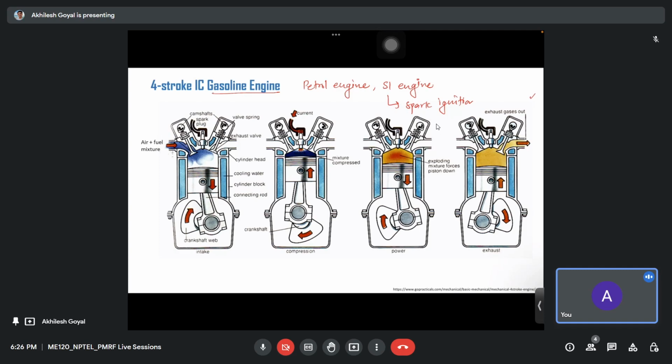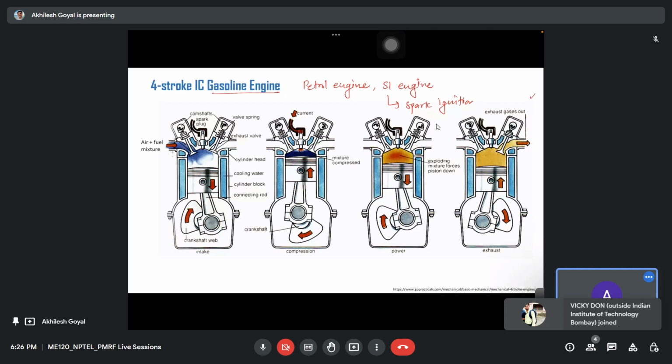When the piston reaches the top position, or top dead center, when the volume of air or air fuel mixture is equal to the clearance volume, a spark is generated in the case of a spark ignition engine, or the fuel is injected in the case of a compression ignition engine. Okay,